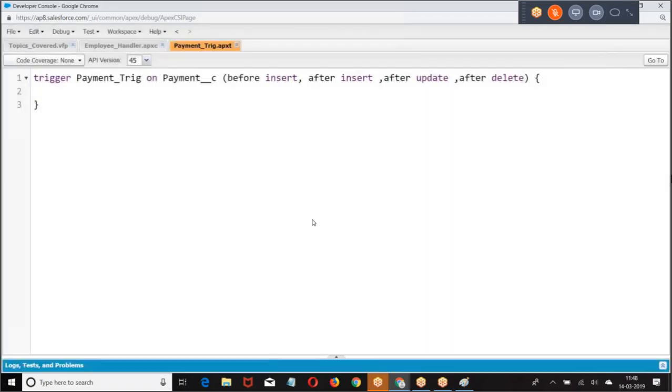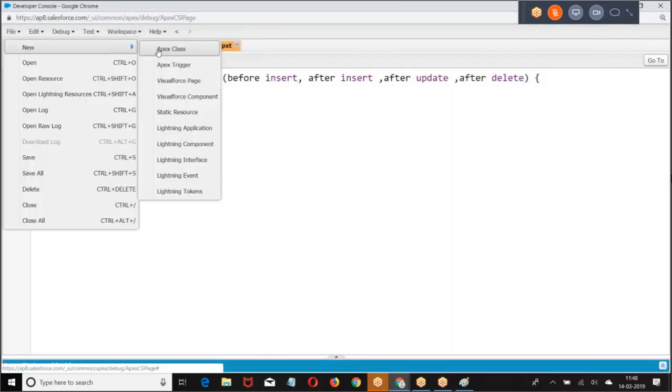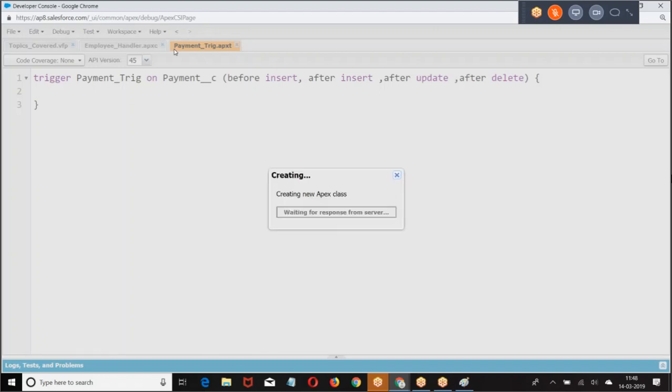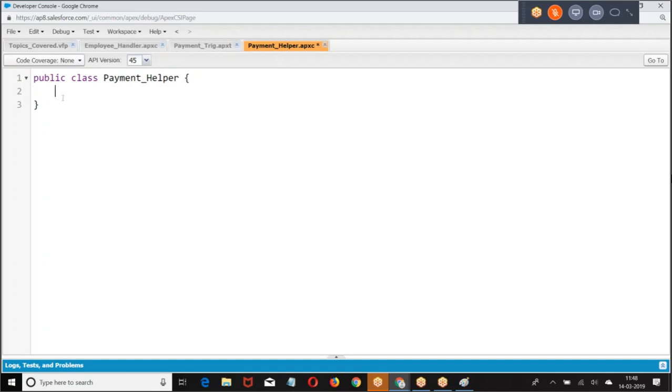Now listen carefully. I am creating a class. First, I am writing a logic here. Whenever a new payment is created without employee ID, throw an error message.